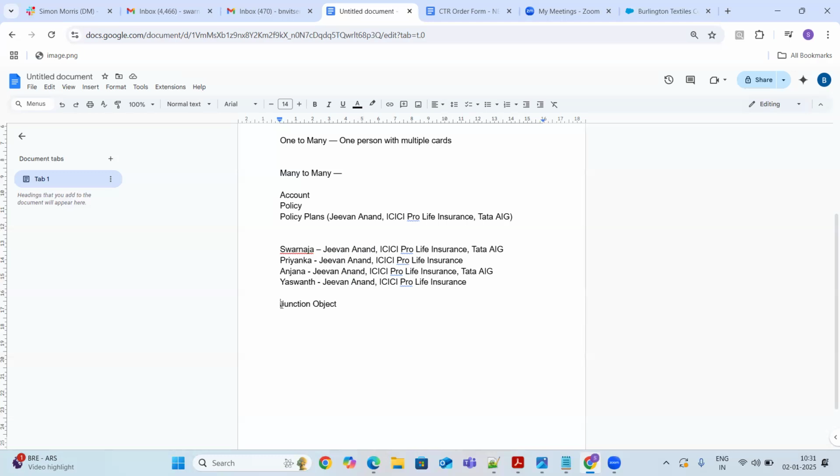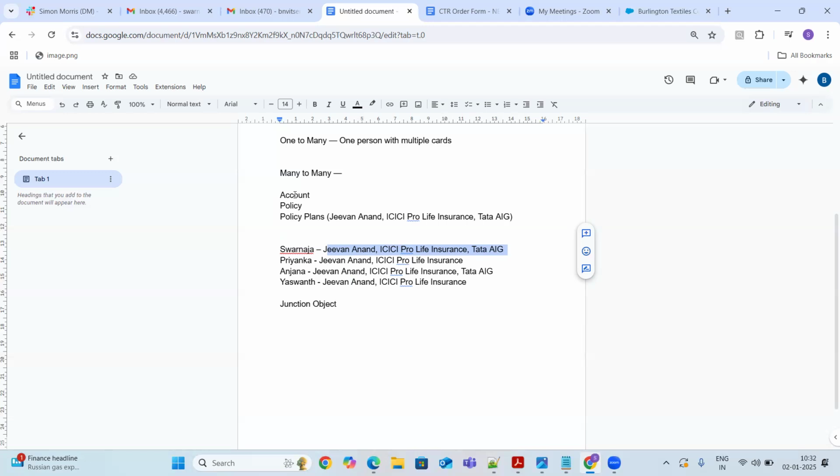These are nothing but the policy plans and accounts. Whenever you want to establish a many to many relationship between the policy plans and accounts, you have to establish many to many relationship, guys.